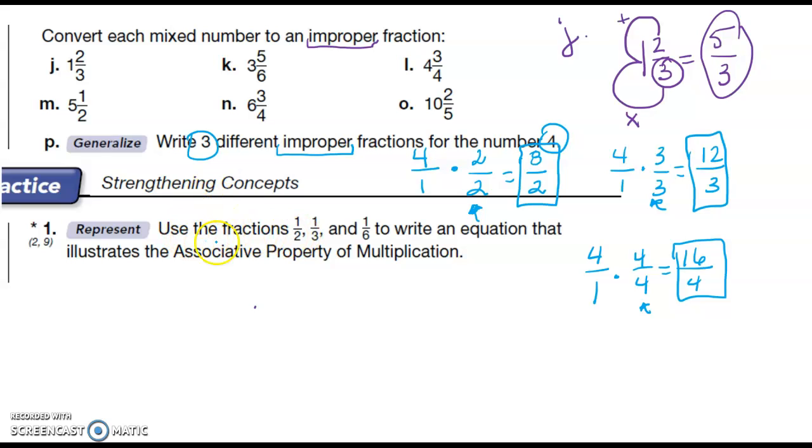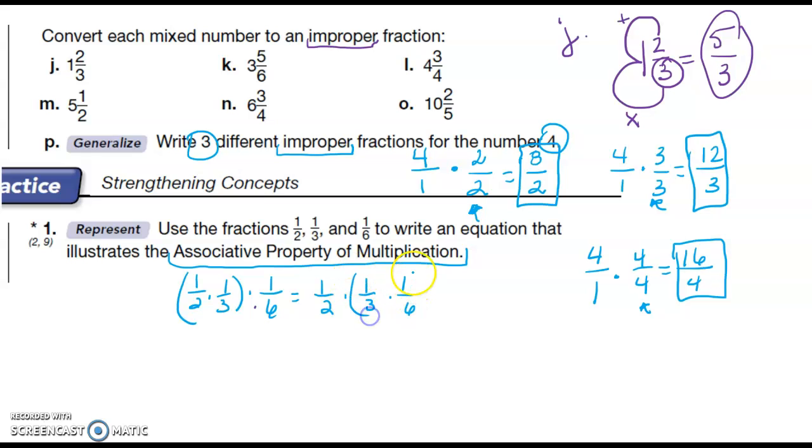So let's do number 1. Use the fractions 1/3, 1/2, 1/3, and 1/6 to write an equation that illustrates the associative property of multiplication. So let's see. Can we do this? And we know that order remains the same, but